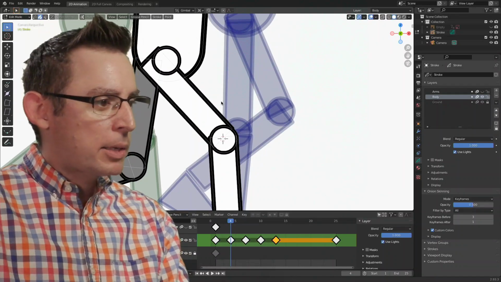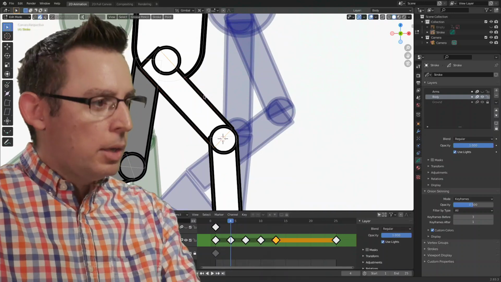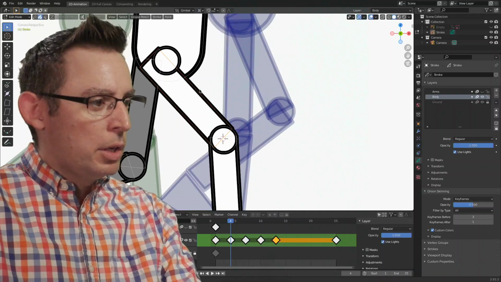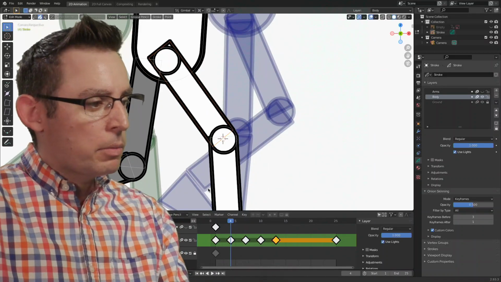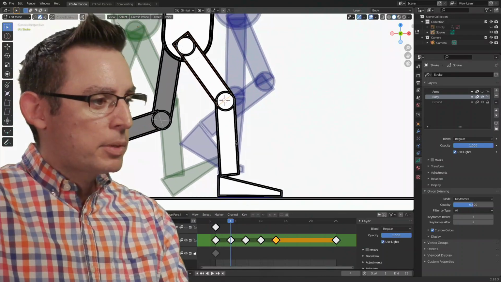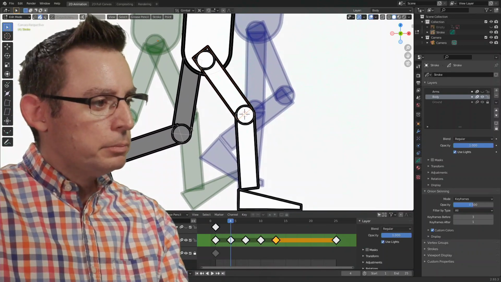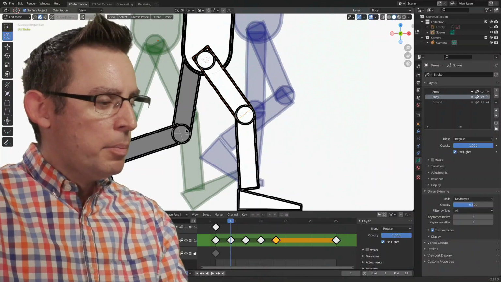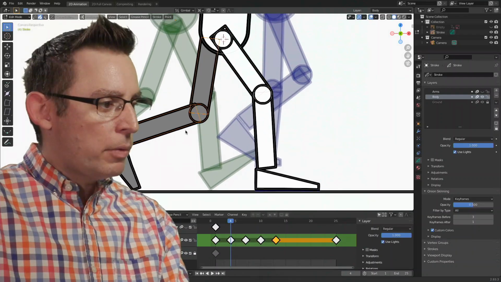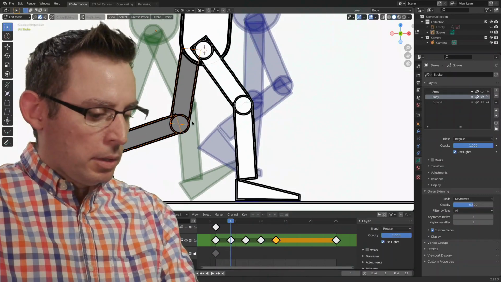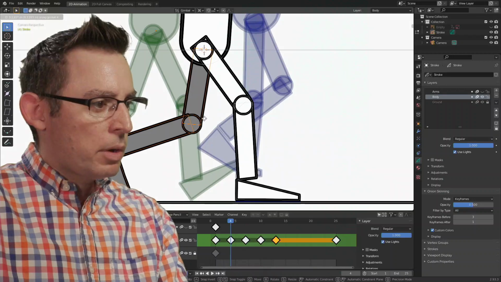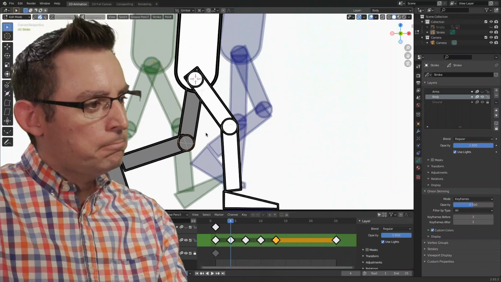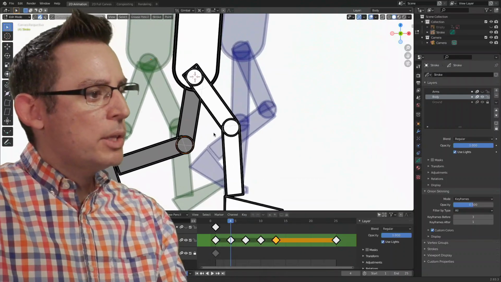Now I can go back to my box selection tool, grab that shape. I still have my rotation set to 3D cursor, so when I rotate it, I can put it right where I need to be. And perhaps I need to do the same for the other parts of my body. I can put my cursor back up here at the hip, grab all these parts and pieces, grab them, move them forward so they're kind of right back where they need to be. And now do I need to do any additional rotation? I don't think so. I think that's pretty good.